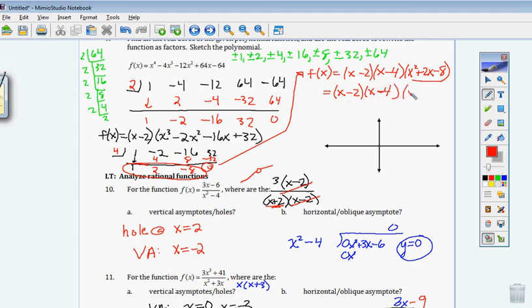and then, factoring this, x plus 4 and x minus 2. And then one more thing on this one, doesn't happen all the time, but we have a multiplicity on this 0. So it's the same 0, we want to write it as x minus 2 quantity squared, and then x minus 4, x plus 4. Okay, and then how do we graph that? We're going to touch it at this 0, cross, cross, you can look at the answer key and